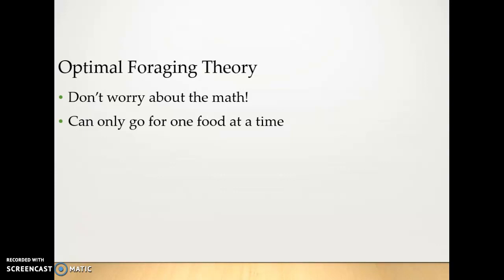Okay? And the choice is, a lot of times, whether they take this food or whether they look for another food. Okay? That's a lot of the choice. Do I try to get this? Do I try to go to another? And when they're making that choice, they have to weigh a lot of different variables. Okay? The first is how many calories is in the food. There is some food that might be very, very high in calories, and therefore one might be more likely to go for it. There's other food that is lower in calories. Now, if you're an animal, by the way, the odds are you're not on a diet. So you're going to want to maximize your calories. And we'll talk more about that in a little bit.